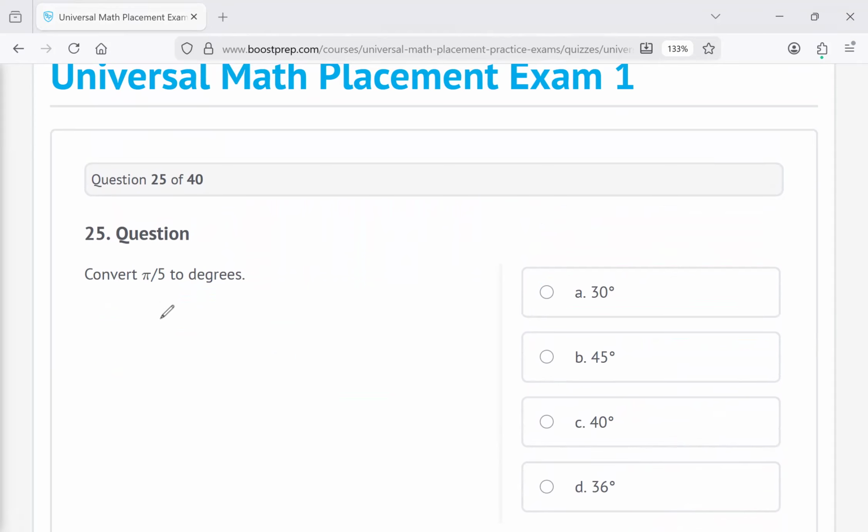Here's a trig problem. Convert pi over 5 to degrees. All you have to convert is a radian, and they want you to give it in degrees. So how do you convert a radian to degrees? All you've got to do is